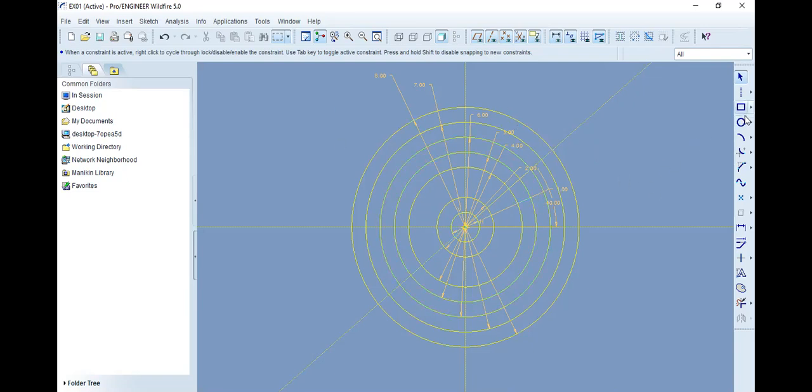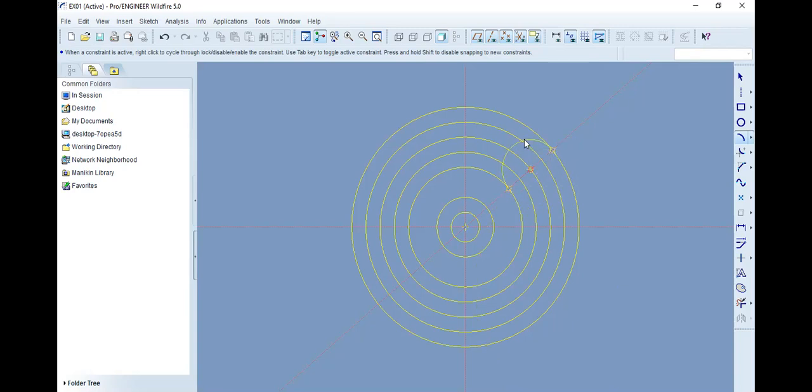Now we can use the circle command for the next feature, or we can go with the arc command. So I'm going to show you the arc command. First, go here and select the first type of arc, that is the 3-point arc. Wherever this inclined center line is intersecting the circles, select the first point on the circle, the extreme point, and the second point will be on the last circle.